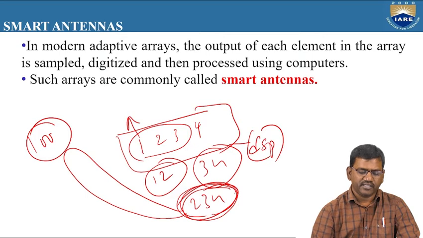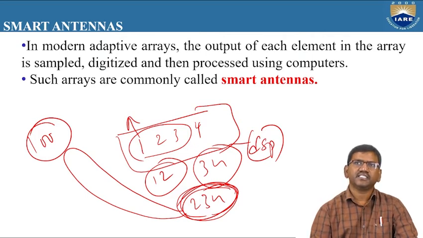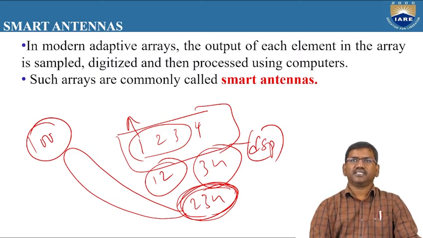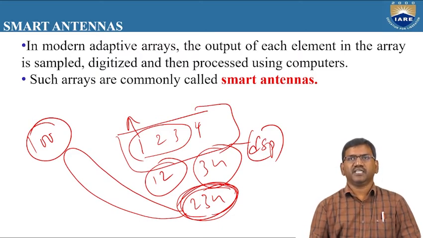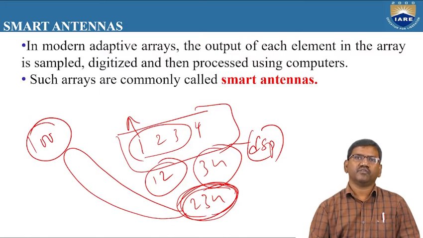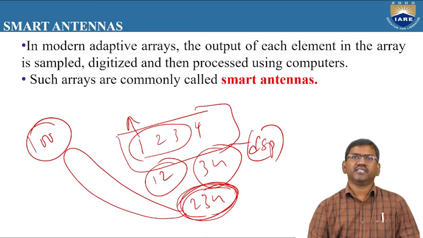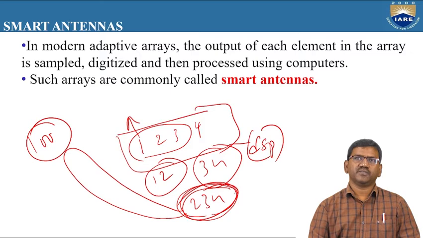Right? So this is the meaning of sampling, digitization, and processing. Depending upon the requirement, we can sample 2 elements simultaneously, or 3 elements, or 4 elements simultaneously. In which direction more users are present is very important to know. So this will be decided by the DSP. If in one direction there are 150 users, a direction of arrival estimation will be done by the DSP, and accordingly these antenna elements are sampled, digitized, and processed.